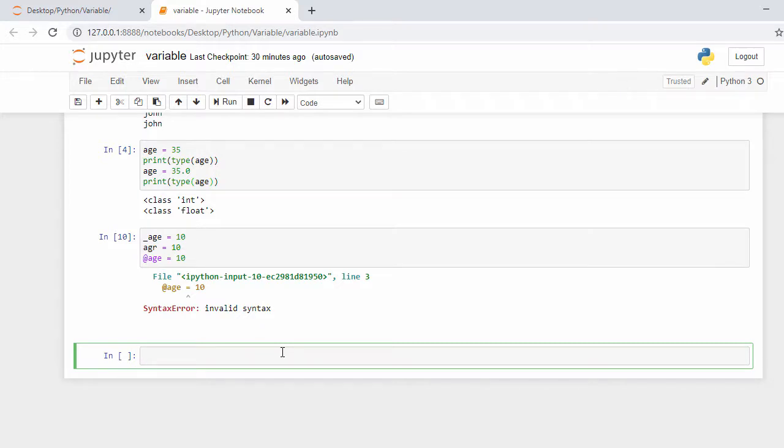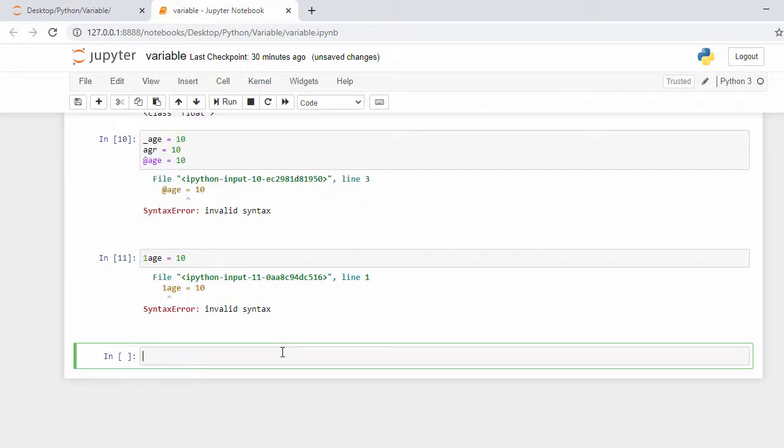The second rule is that a variable name cannot start with a number. So when I say 1age equal to 10 and execute that, it gives me an error that it cannot start with the 1.